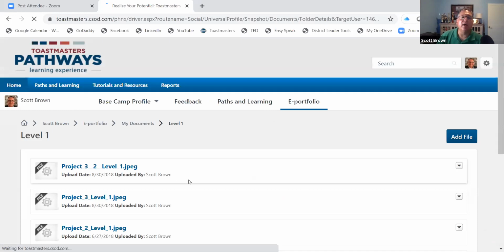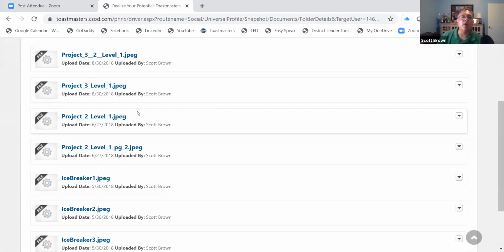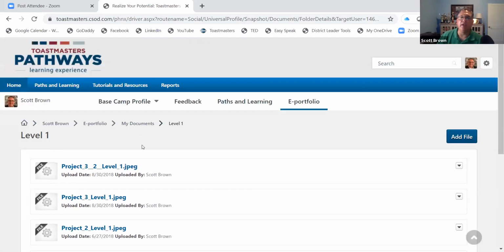So if I go to level 1, these are all of the JPEGs for project 1, project 2, project 3 that I have saved in here from over the years. There's 2 ways to be able to save them here. One is going to ePortfolio, over on the right-hand side, add file, and just scan it and then upload the